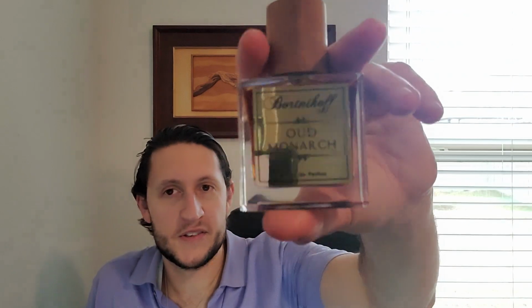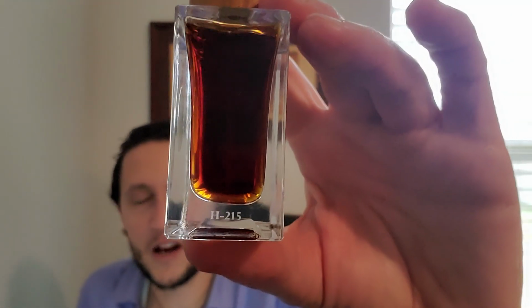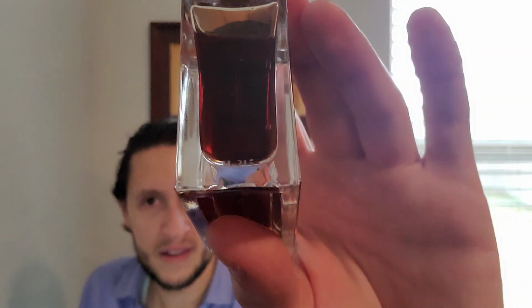So what's interesting about this fragrance, though, is that even though it has those animalic notes, and you saw the different types of oud that I read off to you, I think there's two types of oud in here. It mixes with that cacao, with that vanilla to give this gourmand feel where you could wear this. You know, I would wear this to the office. I mean, even though you look at the juice color and you think, no way,